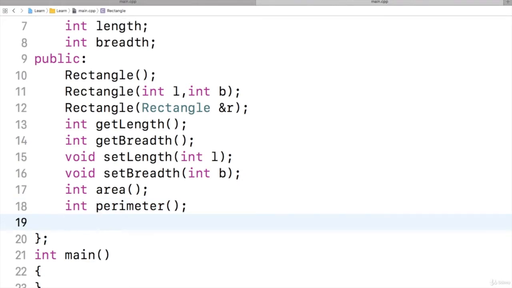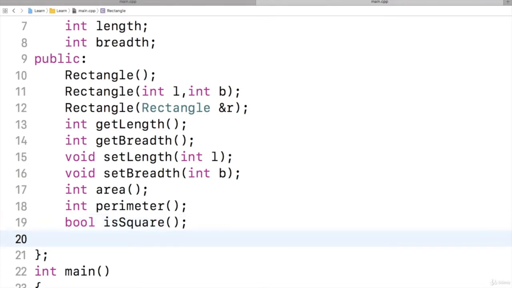An enquiry function which returns a boolean, that is square, whether a rectangle is a square in shape. And lastly, destructor, which will start with a tilde.